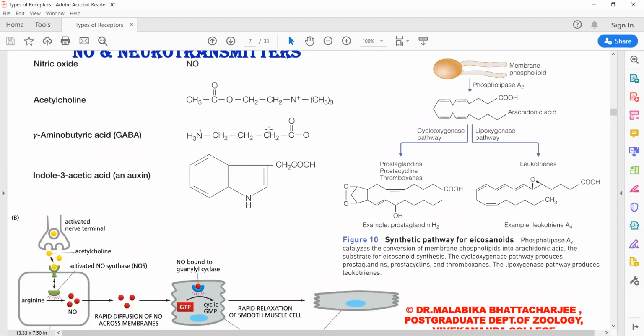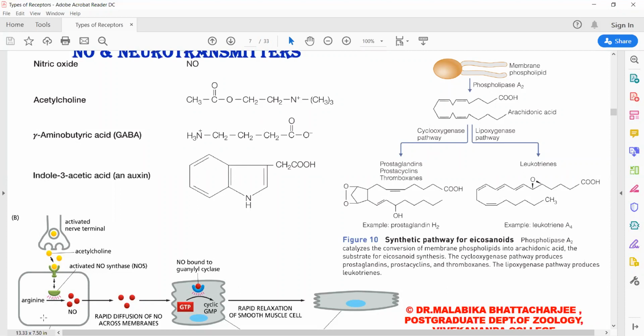And another important gas, I didn't get any picture regarding carbon monoxide. Another important gas which functions very similarly to nitric oxide is carbon monoxide. It also acts as an important signaling molecule in the nervous system. It is closely related to nitric oxide, and it has been seen that at times it acts as a neurotransmitter and is also a mediator of blood vessel dilation. Just like nitric oxide, carbon monoxide can be synthesized in the brain by the action of neurotransmitters.